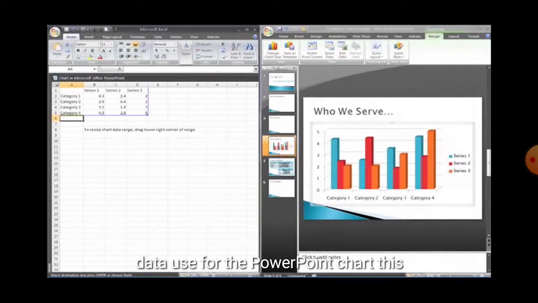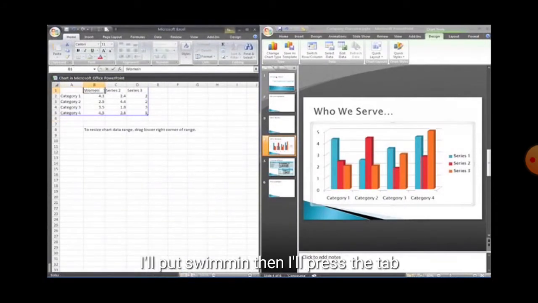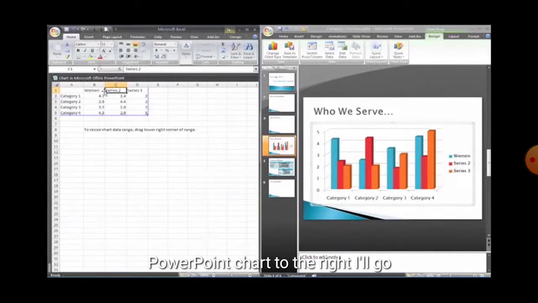The Excel file opens automatically along with the chart slide, and here you can edit the chart data as shown in the charts, like Series 1, Series 2, Series 3. In Series 1, we want to show women, and in Series 2 we want to show men, as we want to show the population of men and women in a region, any region you can say.